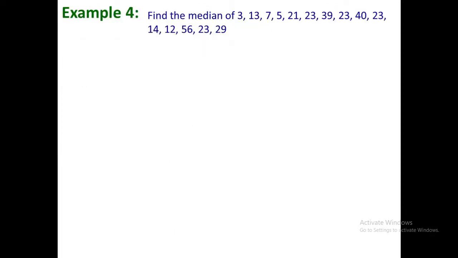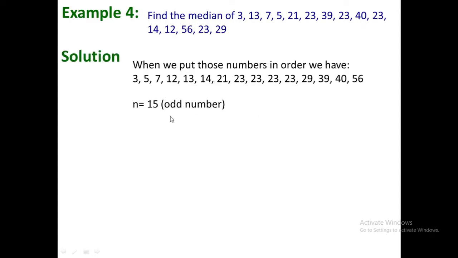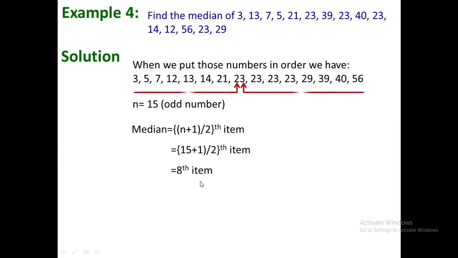Let's apply the same approach on a bigger data set, where the total number of observations is 15, again an odd number. Therefore the same formula of median will be used, and the median will be the 8th item of this series, or 23. Here you can see 23 is the same, whether you start from the left-hand side or the right-hand side. It will always come at the 8th item, and it does not matter that some numbers are the same in the list, as here 23 is repeated 4 times.